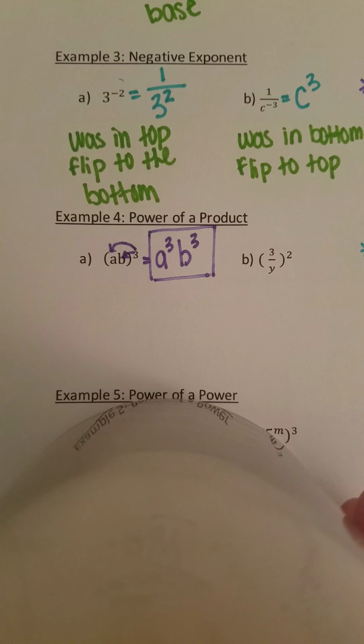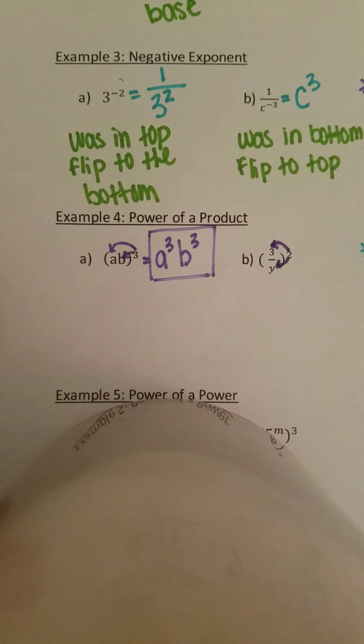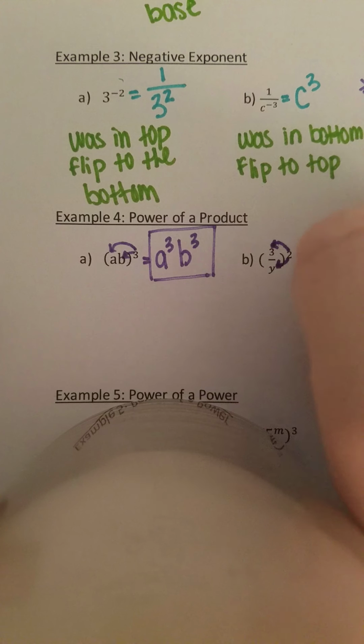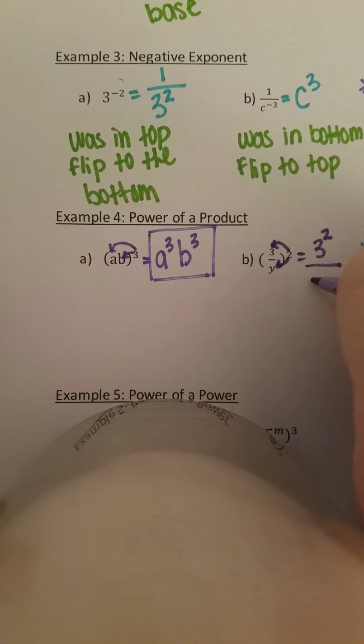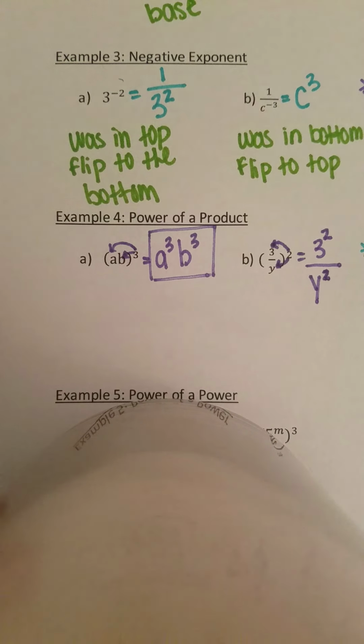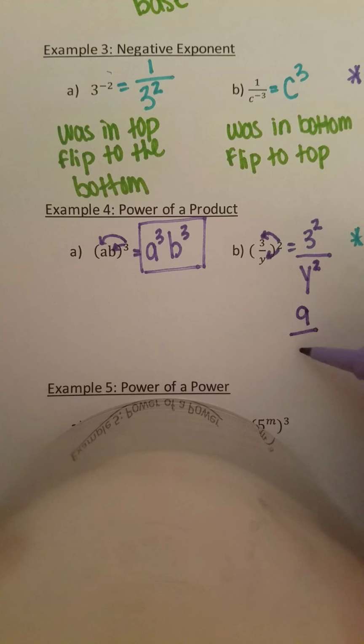Now, if you look at letter B, you still have stuff on the inside. Even though it's written as a fraction, we are still going to distribute the 2 to both pieces. So we're going to distribute the 2 to the 3 and the 2 to the y. So this is going to be equal to 3 to the second power over y to the second power. Now 3 to the second power, or 3 times 3, is just 9. So the final answer would be 9 over